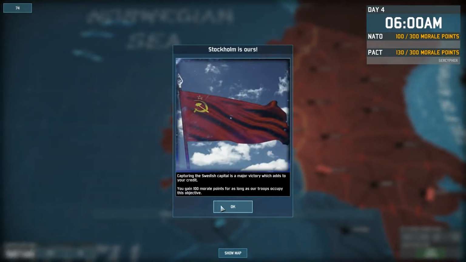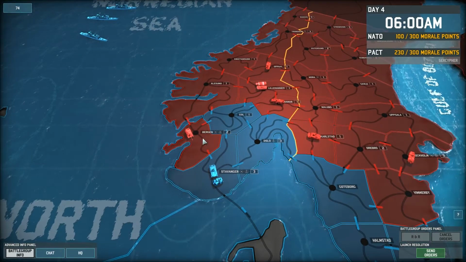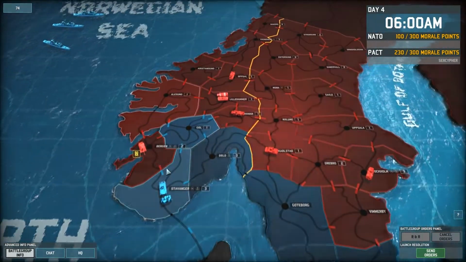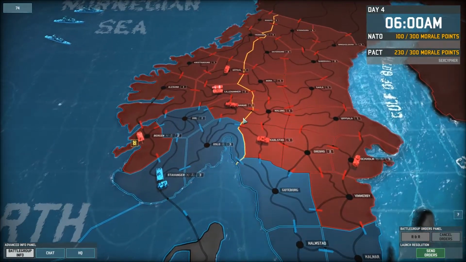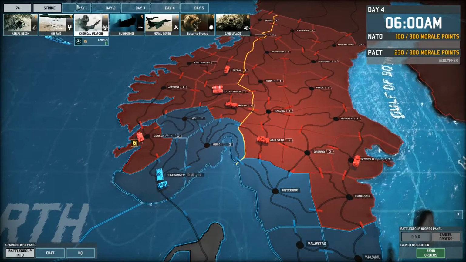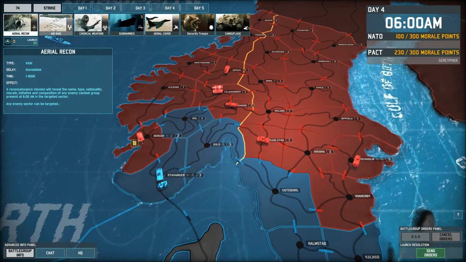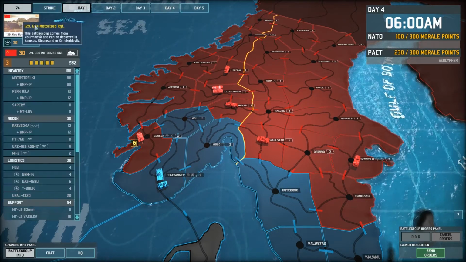How dare they? So we get 100 morale because we captured Stockholm, or at least the Marine Schutzmann Regiment did. Now we have like 50,000 guys here. In Stavanger, they're probably going to just keep on calling in more guys because they know that's where we have to attack. But we can continue to move in. We do have chemical weapons, which I'm saving for the, yeah, we got just more aerial recon. That's what the Spetsnaz message meant. But anyway,